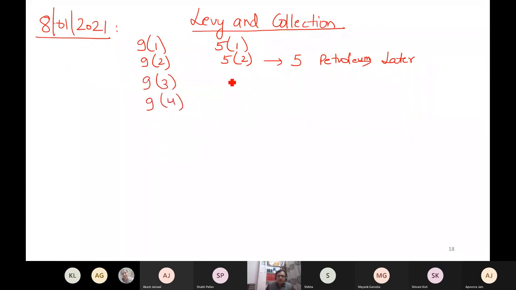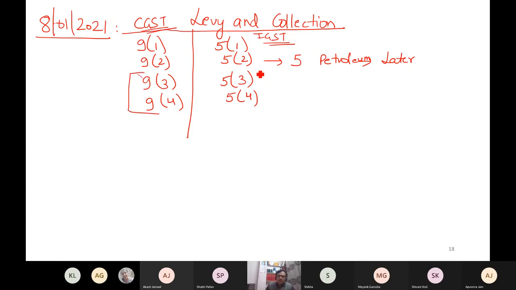9.4 and 5.3 and 5.4. You must know that this is my CGST Act going on and this is my IGST Act going on. I hope now you got to know this point. Now both of these subsections, whether 9.3 and 5.3 or 9.4 and 5.4, talk about RCM, reverse charge mechanism. 9.1 and 5.1 were talking about forward charge.